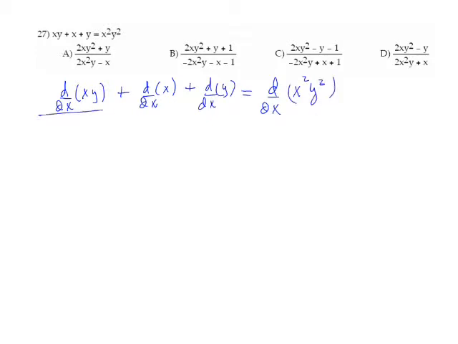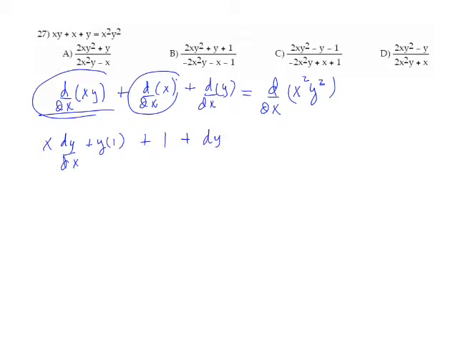Doing this, we use the product rule, and we get x dy dx plus y times derivative of x with respect to x, which is just plain 1. d dx of x is 1 plus dy dx